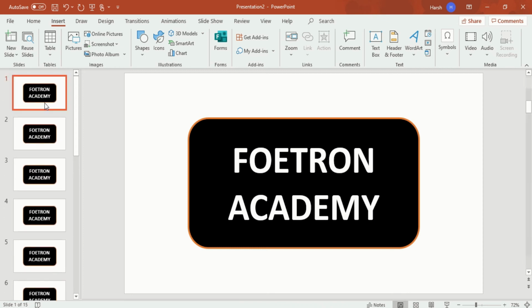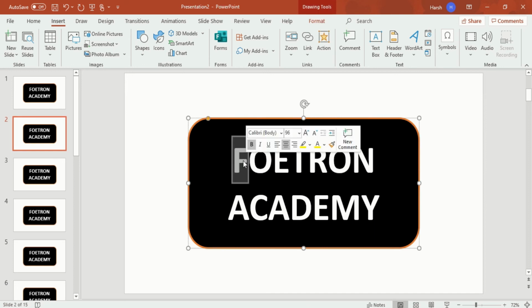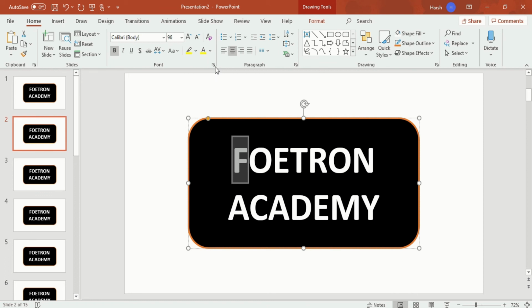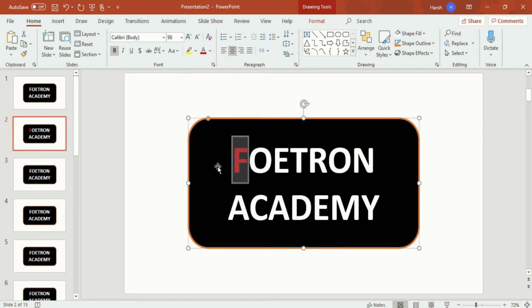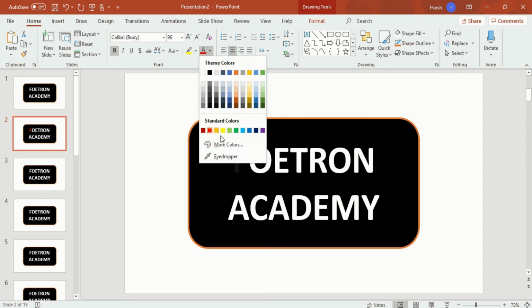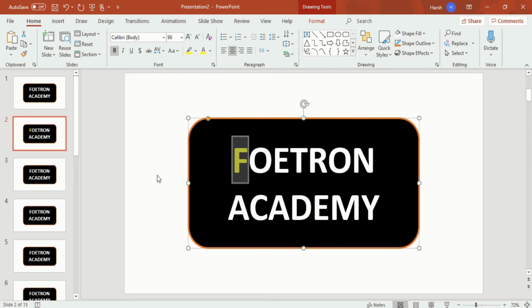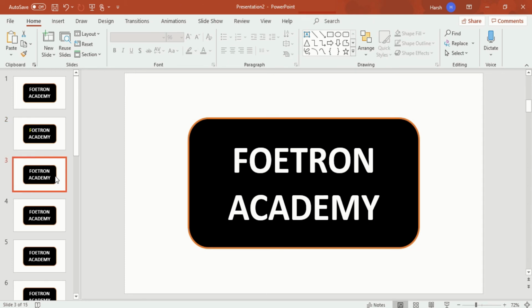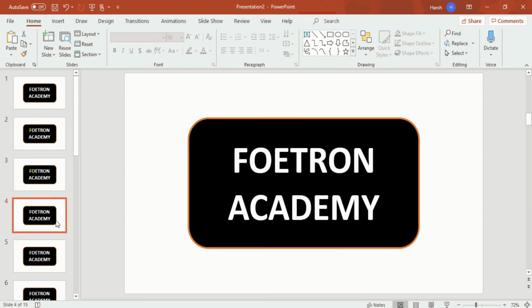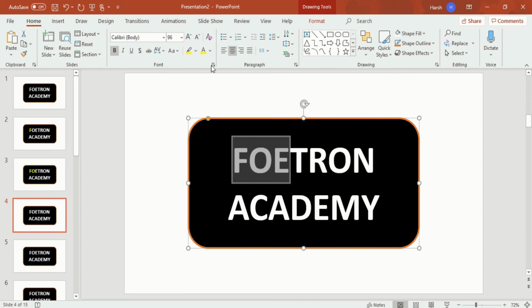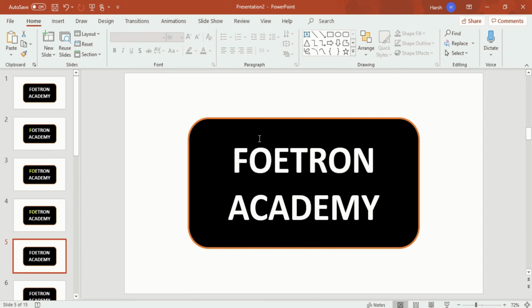So we will start with this. After that we will go to slide 2. In slide 2 I want this in red color. Maybe we will look at how red is looking. So red is looking something like this. If I click on yellow, it is looking like this. So you can go for anything. I will go with yellow. After that, go to the third slide, select both of them and click on yellow. In the fourth, you will go 4. In the fifth, you will go.